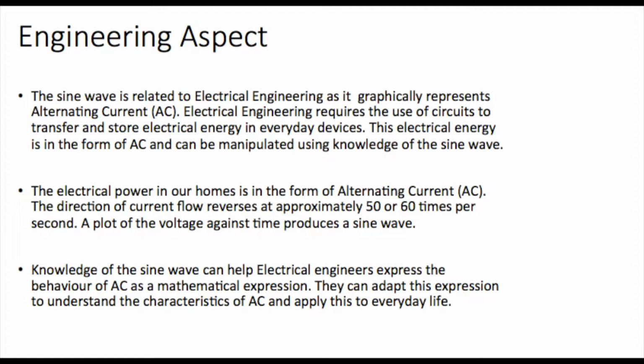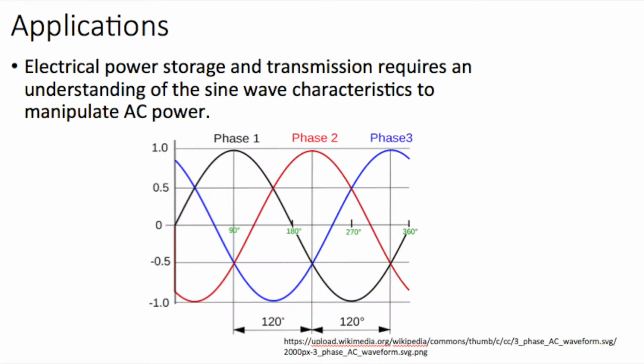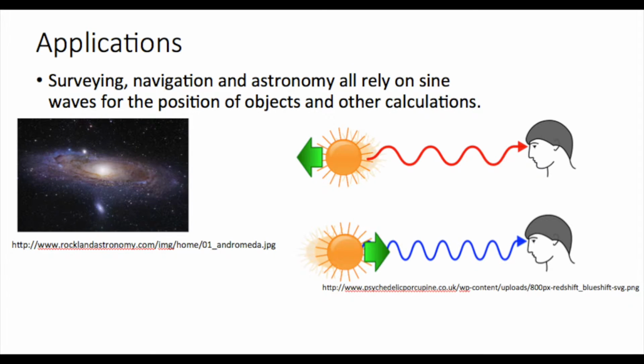AC sine waves give a mathematical representation of this AC current and AC voltage and are used extensively throughout electrical engineering. AC waves are used within power transmission as they can easily be stepped up, stepped down, and the frequency modulated for certain uses. AC waves are used in surveying, navigation, and astronomy as the red and blue shift show